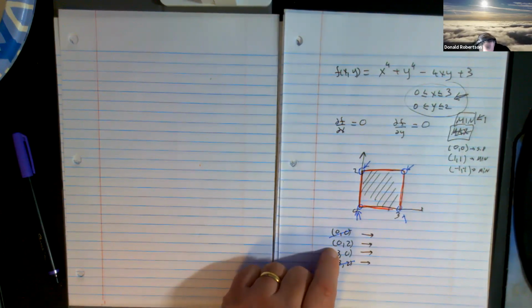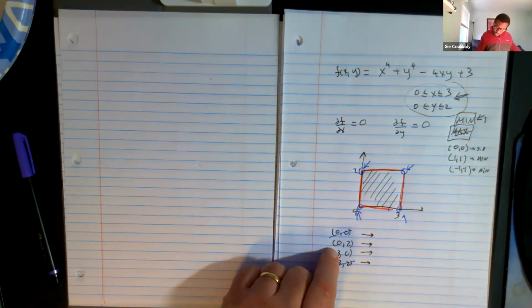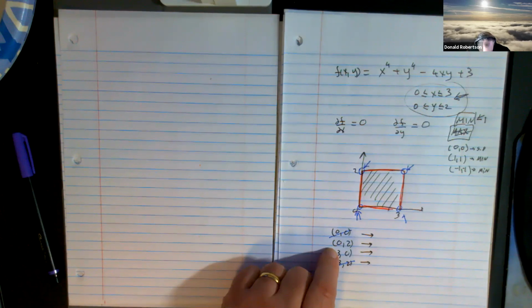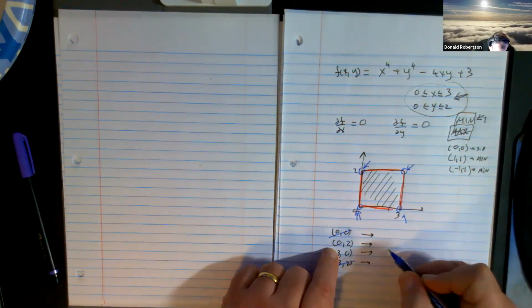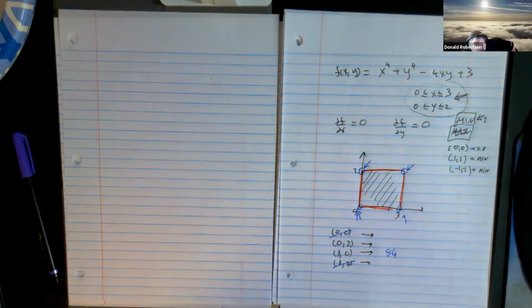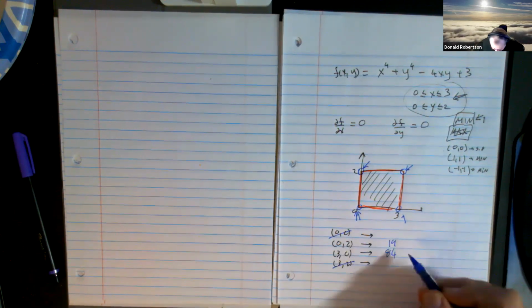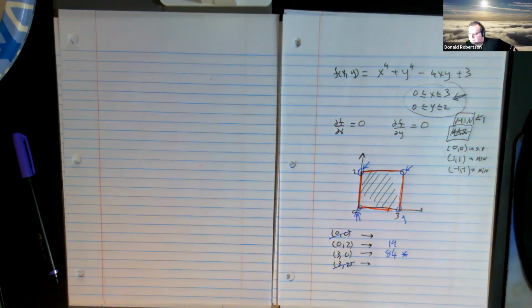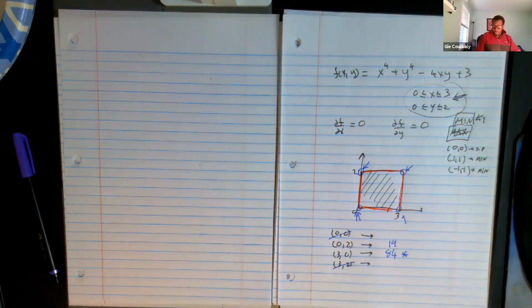What would 3, 0 get me? 3, 0 would win. 3, 0 would be a bigger number because it would be 81. No, it wouldn't be 81, it'd be 84. So that's what it was. And 0, 2 wouldn't be quite as good. 0, 2 would only be 2, 4, 8, 16. That would only be 19. And that one wins. Okay, that's the reason why. Okay, all right. Now that makes